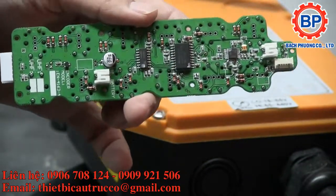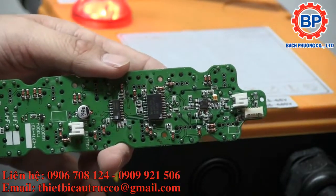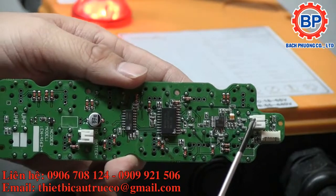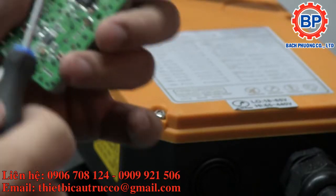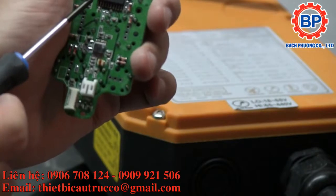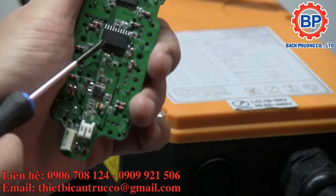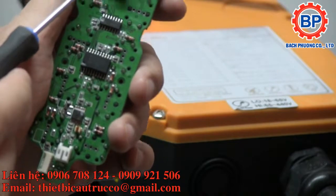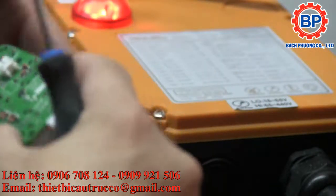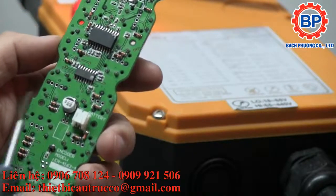Alright, so what do we got here? This is the connector seemingly to the antenna here. We've got a microcontroller. Interesting, it's an MSP430F1101A from Texas Instruments. So there's actually a real branded chip in there, and a Philips chip in there as well. Got a battery connector up here, and a couple other markings internally,